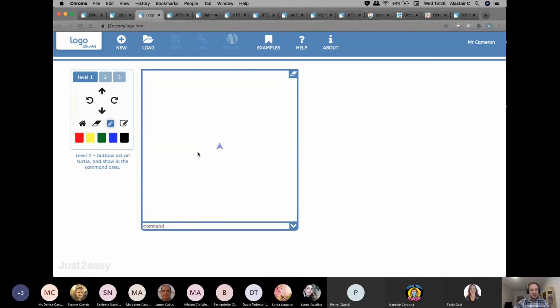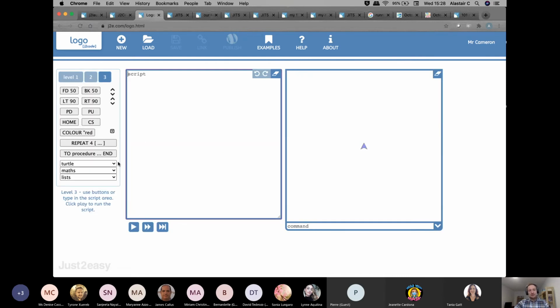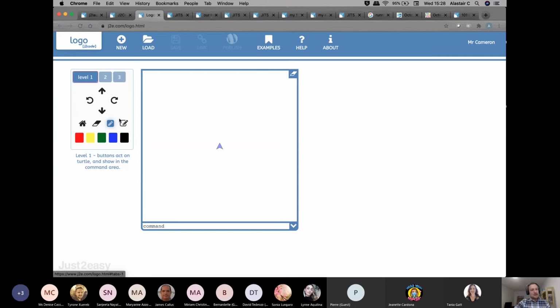And a very, very simple instruction here would be to use the levels, and you can instruct your children to work at different levels to see whether they could create the algorithm that makes the arrow and the logo command actually produce a letter. Level 1, basic instructions with up, down, and direction changes. Level 2 and level 3 add a greater level of complexity, but for time's sake we'll just show you the example here. So here, for example, if I wanted to create a letter T,